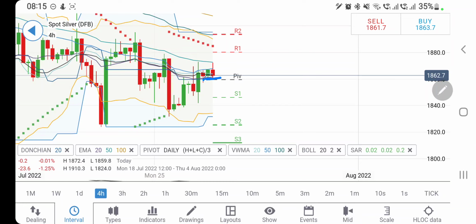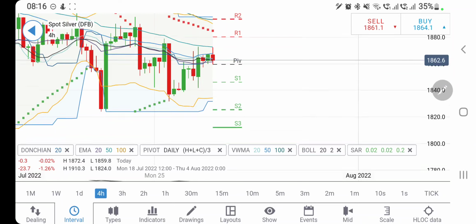and on the 4 hour charts, if you look at on the 4 hour charts, it is trying to take a support at 1855 levels. Be watchful. On the upside, the resistance there at 1875. So I will rather say in between 1855 and 1870 levels, do not trade in between these 15 points. Below 1855 also there is a little support at 1850. If it breaks below 1850, go short for 1840, and this time it is going to hit 1830, 1820 levels